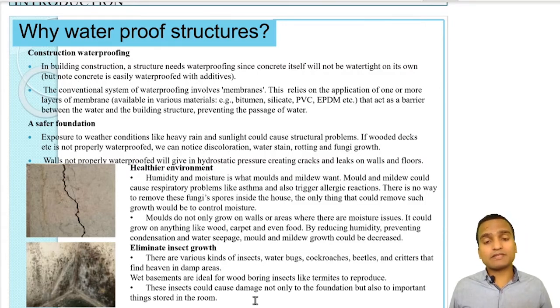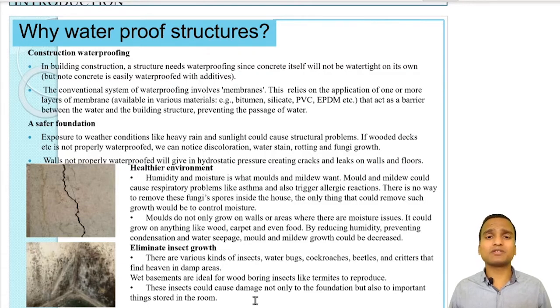And sometimes what happens, they destroy almost everything, all the furniture, all the grocery, and all the stored items, so much so that they are just beneath our eyes and they are not felt, and everything gets destroyed in due course of time. So commonly people in those situations try to kill the insects or rodents by using some chemicals, but an expert would suggest that they should address the root cause behind the development of those insects and rodents, and that is because there is dampness or the humidity available in those regions.